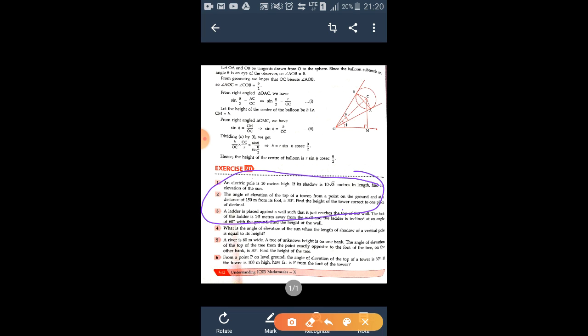Okay. So there is a tower in this sum. Yes, and they are saying that the angle of elevation from a point on the ground, yes, so this angle is equal to what? This angle is 30 degree. And this point is at a distance of what? This point is at a distance of 150, not 150 degree, 150 meter. Okay. Find the height. Again, the same things are involved. We'll take this as x. The perpendicular and the base are involved, means we are going to take tan.